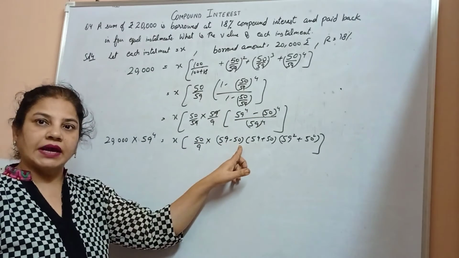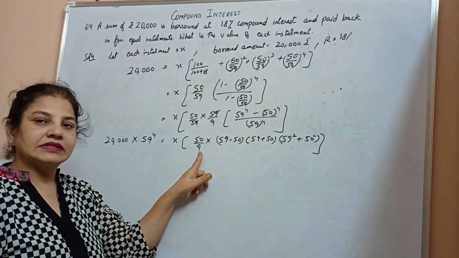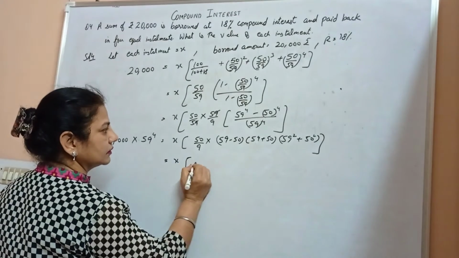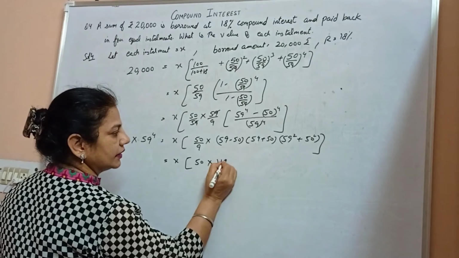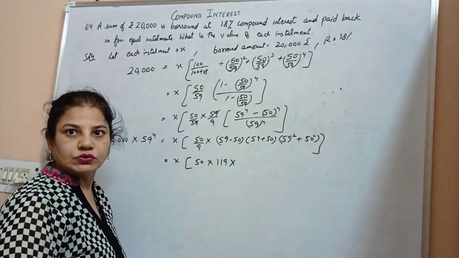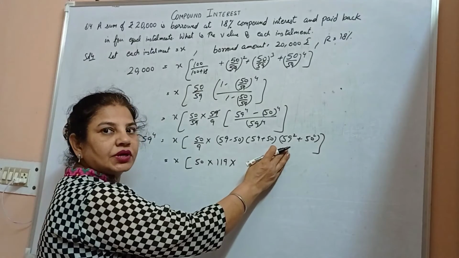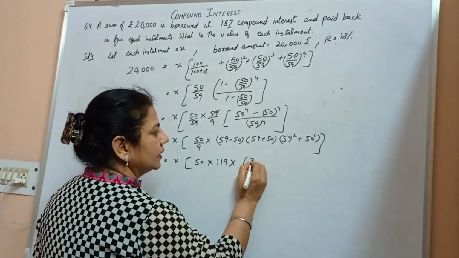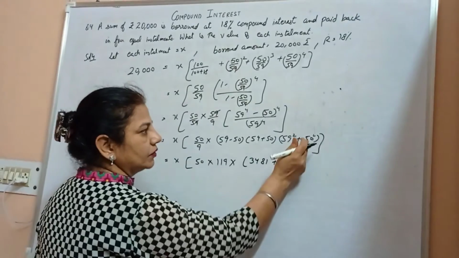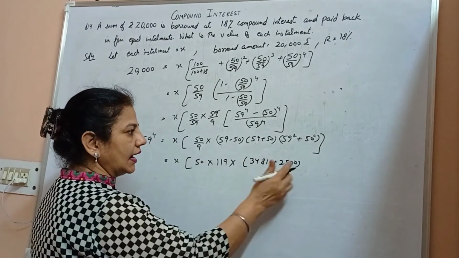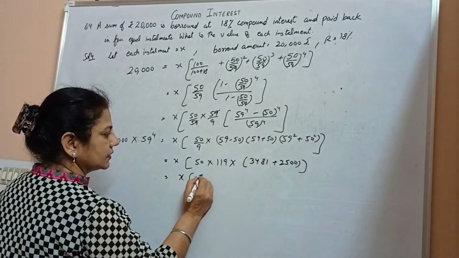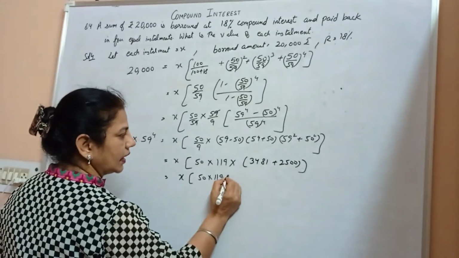59 minus 50 is 9, so this bracket is cancelled with this 9. So I get X, 50 multiplied by 119 into 59 square plus 50 square. 59 square plus 50 square is 3481 plus 2500, since 50 square is 2500. Add this and you will get X, 50 into 119 into